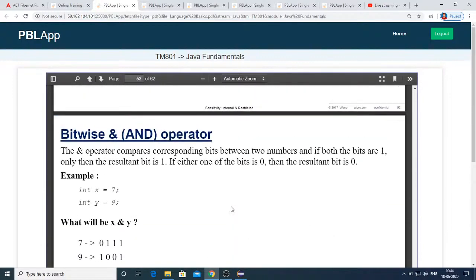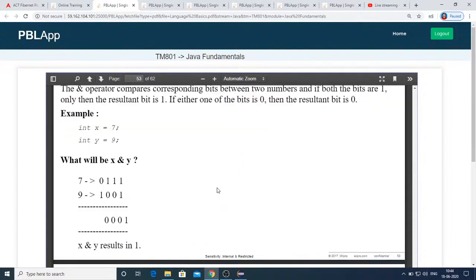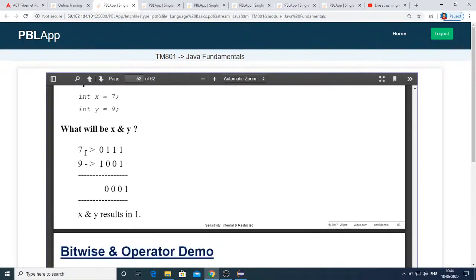Here itself you can see the example. If you have integer x is 7 and integer y is 9, and you perform 7 and 9, it is going to perform bitwise and. You already know the truth table of AND or XOR. The truth table of AND is: if both bits are 1, then only the resultant is 1.